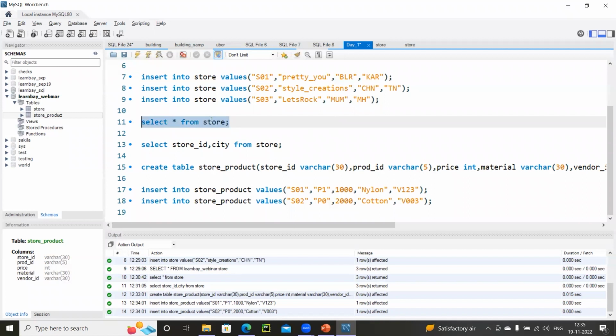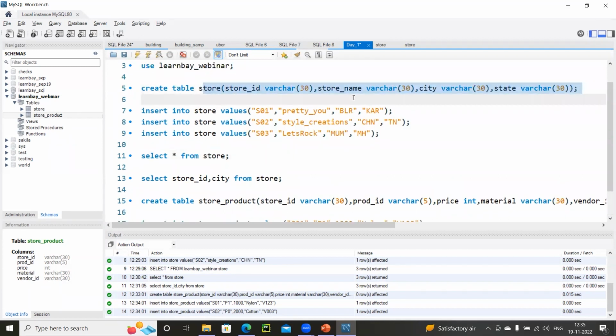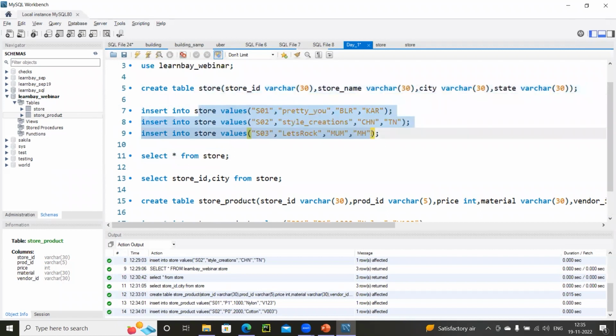Line number 11 is to display everything inside your table, Sachin. So store is a table that I have created, right? You would have observed I created a store table and I have inserted values also inside. Now I want to view it, to check how the table basically looks, because I created the structure and I inserted values inside it.